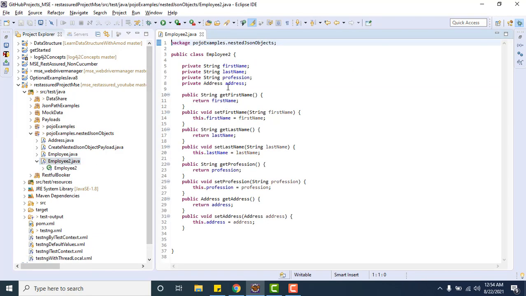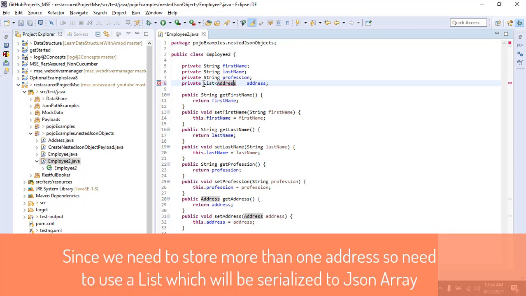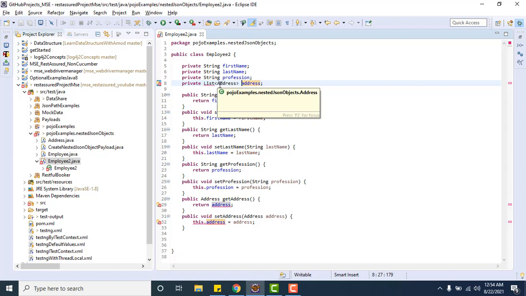Here, instead of defining the address field with the data type Address, this time I need to use List of Address. Then this can hold multiple JSON objects, or multiple objects of class Address, or multiple instances of the Pojo named Address. That is the only difference we need to make here.